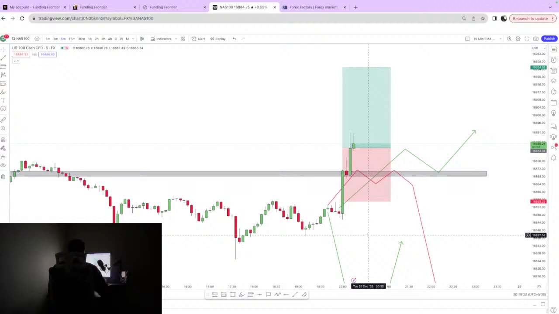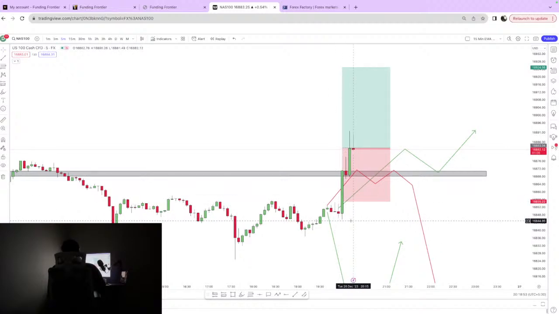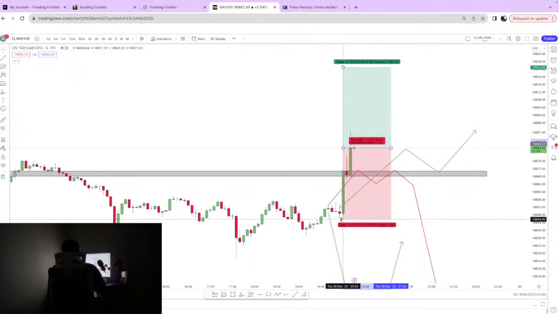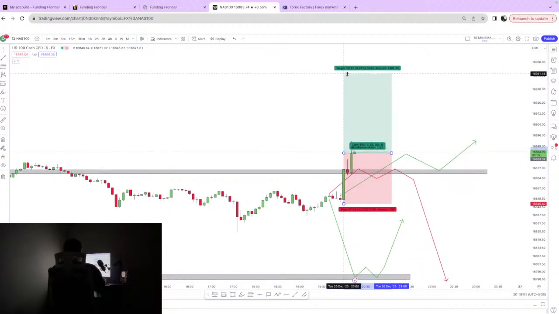So when you are following your rules, you should not have any anxiety, nothing. We waited for our perfect entry, we took it, and now our job is to just keep on waiting, be it stop loss, be it target. And what I'll do is I'll shift the stop loss to this point and we'll raise the target also such that the trade is 1:1.5, because sometimes the market may come to take a liquidity sweep.